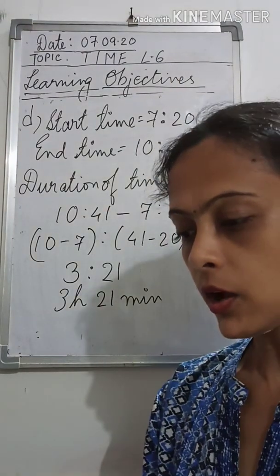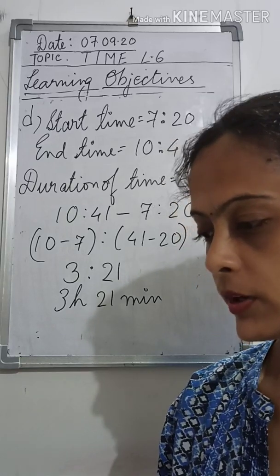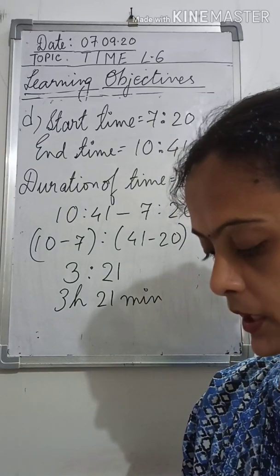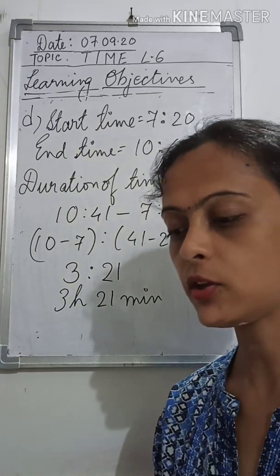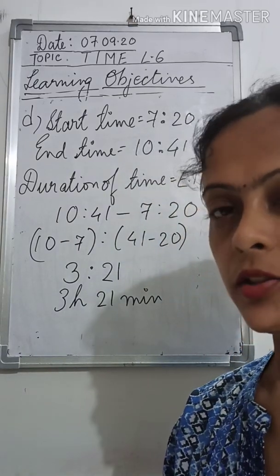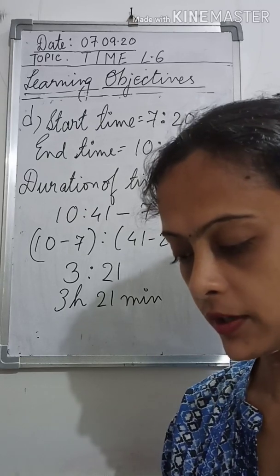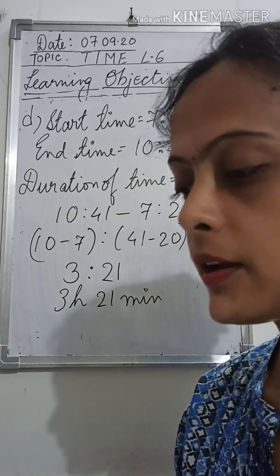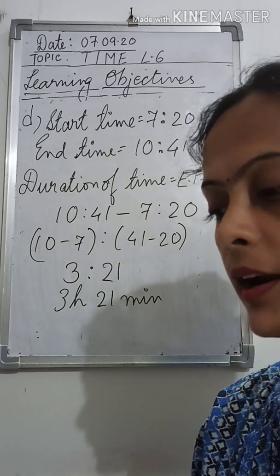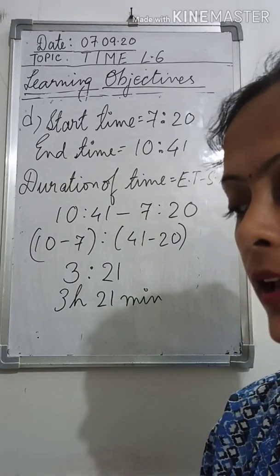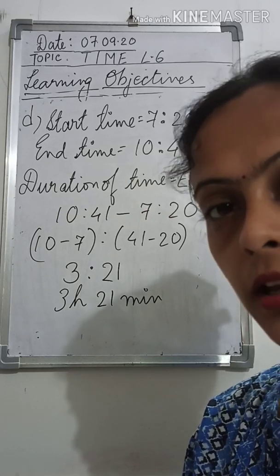Okay, so now I would like to explain you a sum from the example part so that you can understand the word problems also. You can see page number 71 of your textbook. Example number 13. Okay, let me explain you example number 13. Just take out your books. So taken out children. So what is example number 13? Radha participated in a drawing competition which was scheduled for 1 hour starting at 9 a.m. If Radha completes her drawing 15 minutes before the end time, at what time does she complete her drawing?